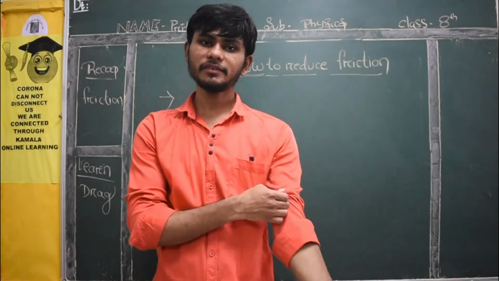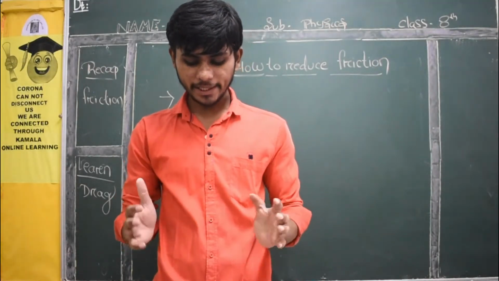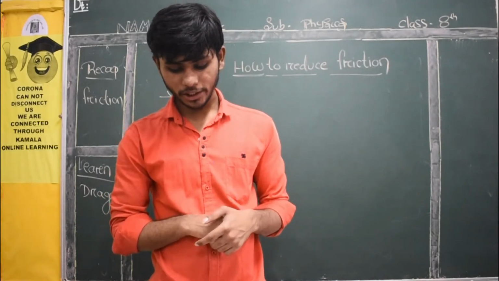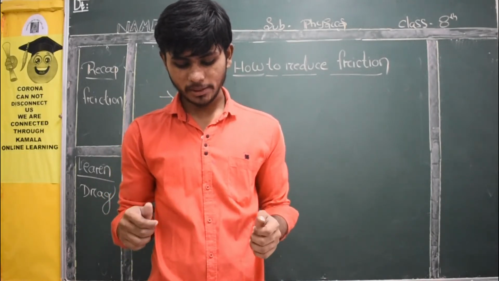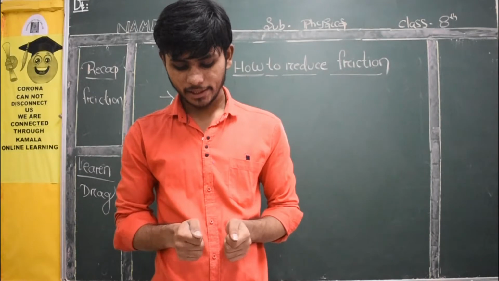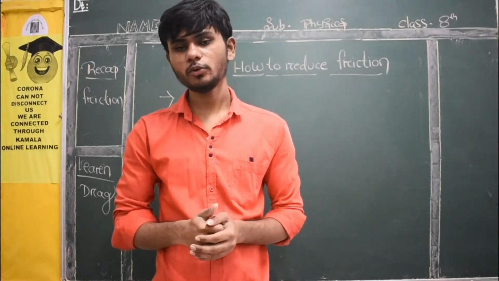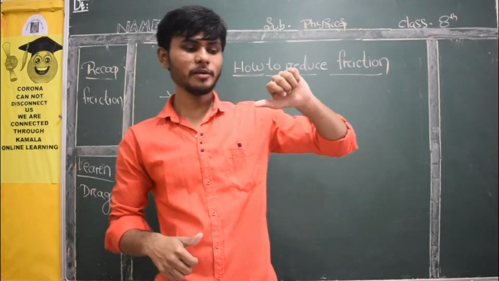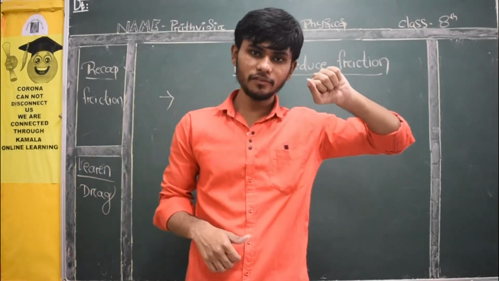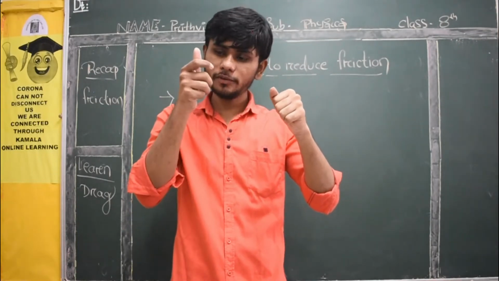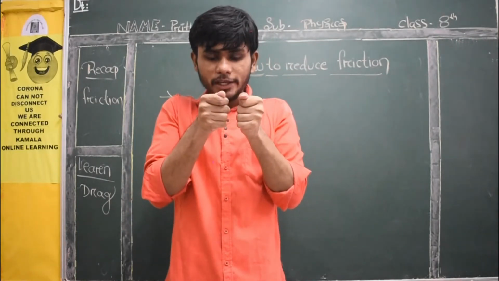Here is a simple example given in your activity number 7. Take a spoon and hold its head, which is the broader portion, in the left hand, and hold the mid portion of the spoon in the right hand and pull it towards the other end of the spoon. What do you notice? The broader part you will hold with the left hand, the narrow part in the middle you will hold with the right hand. Now just pull it to the end.